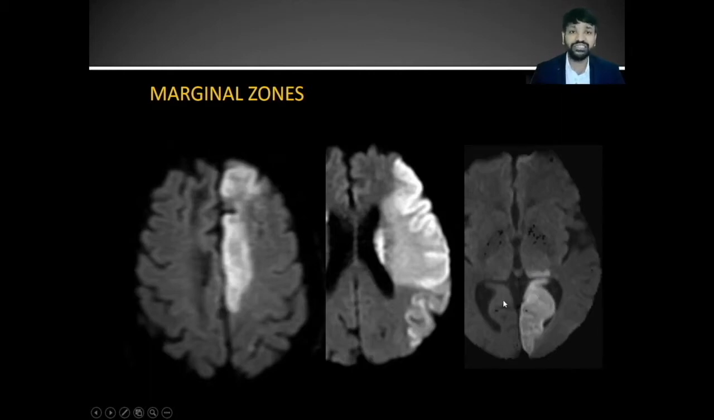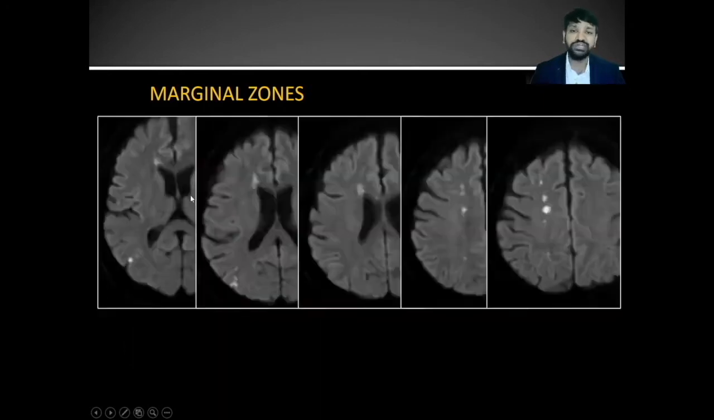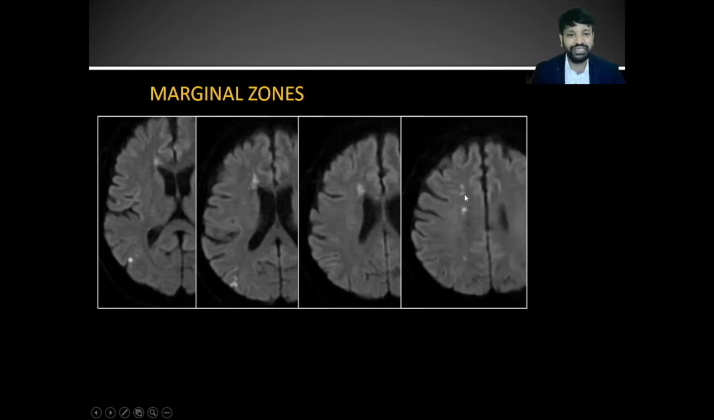So what are these marginal zones? Marginal zones or border zones are nothing but the areas which are falling in between these two territories. So whenever you are looking at any case, if you see infarcts either in the anterior periventricular or posterior periventricular, like a straight line at the ventricle level, in the superior cuts it will be a straight line in the centrum semiovale level. These areas are not in the ACA or in the MCA, but they are falling exactly